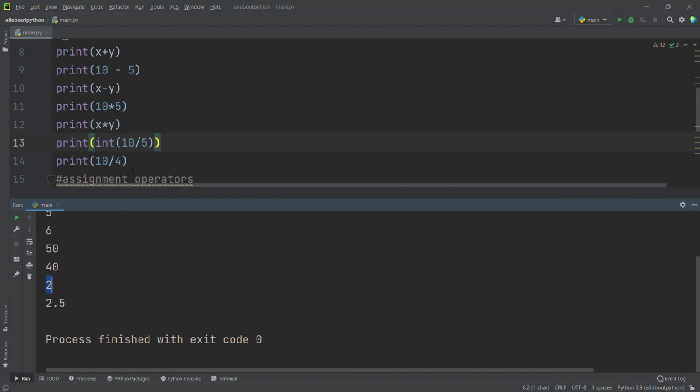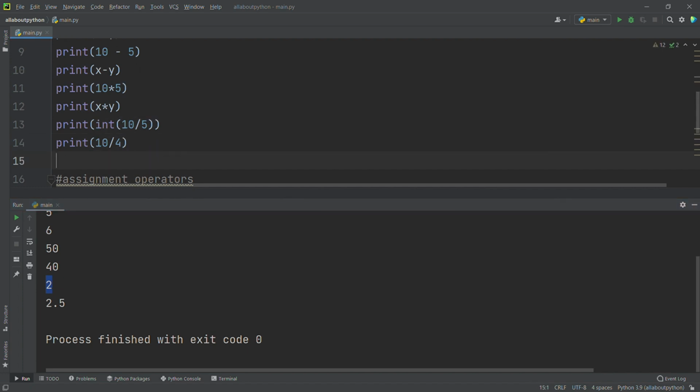Now we'll go for modulus. Print of 10 modulus 5, using the percentage symbol, and print of x modulus y. See, it's printing 0 and 2. Why is it printing 0 here? 5 twos are 10, so 10 is exactly divisible by 5, and the remainder is 0.